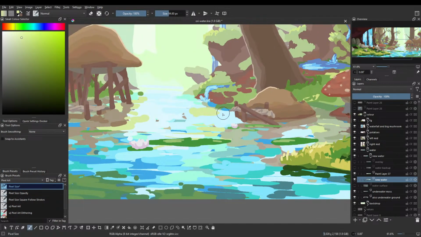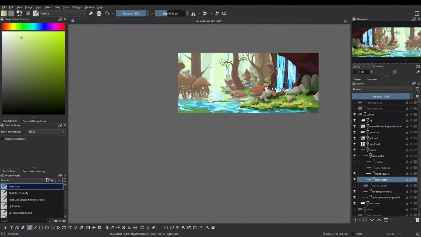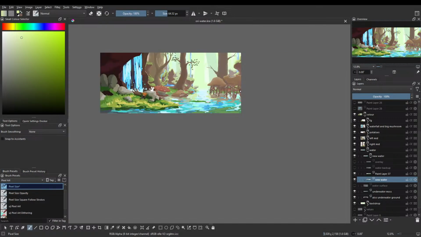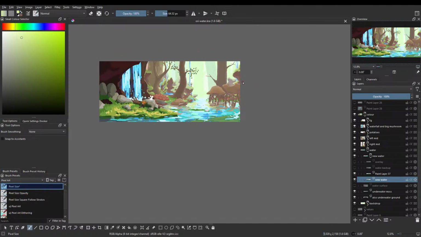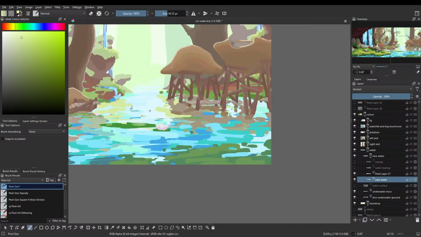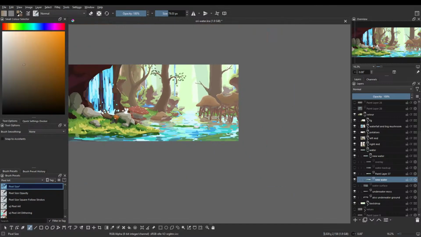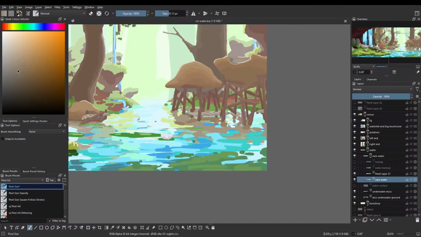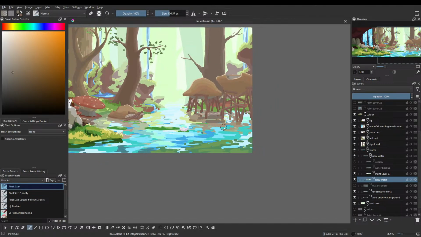Yeah, like that. And then we... This water looks a lot better already than it used to. But then we need to clean up this mess still. This is a mess because we need a little bit of darker desaturated brown. Am I losing my mind? Maybe. This is entirely possible. I don't know anymore.